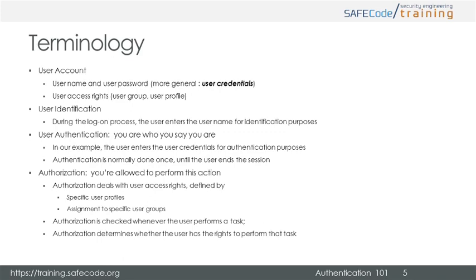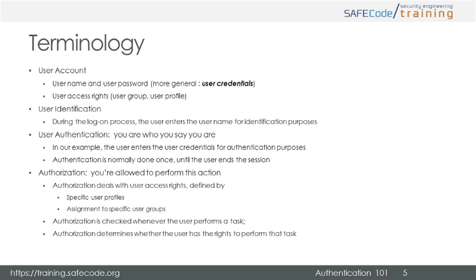First, we must clearly understand the difference between user identification and user authentication. During the logon process to a system, the user enters their username for identification. To authenticate their username, the user enters their password. Authentication would also be possible through other means such as smart cards, encryption tokens, or biometrics. Authentication is usually performed once per login session, with the user remaining authenticated until they end the session by logging off. Authorization deals with whether or not to permit an authenticated user to perform a specific action.